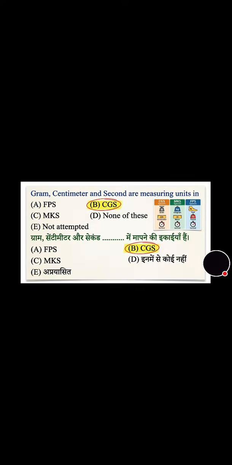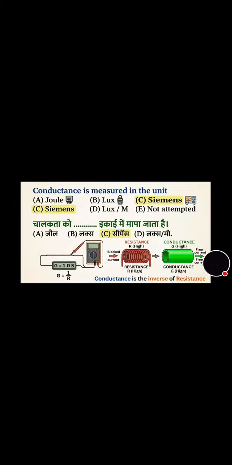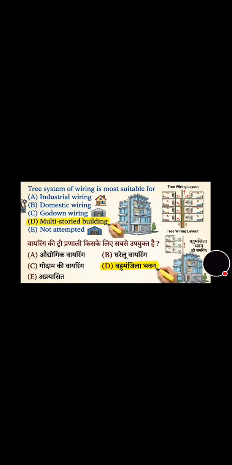क्वेश्चन है। ग्राम, सेंटीमीटर एंड सेकंड आर मेजरिंग यूनिट्स इन विच सिस्टम: एफपीएस, सीजीएस, एमकेएस। तो इसका आंसर है सीजीएस सिस्टम। नेक्स्ट क्वेश्चन, क्वेश्चन नंबर 3, कंडक्टेंस इज मेजर्ड इन। तो इसमें यूनिट पूछी गई है, तो कंडक्टेंस की यूनिट होती है सीमेंस, ऑप्शन सी।